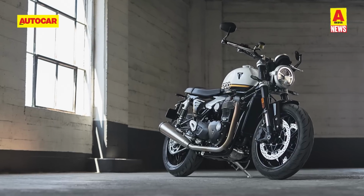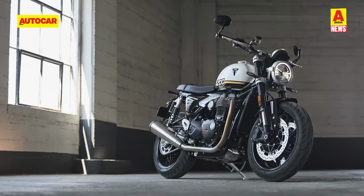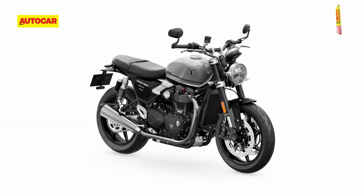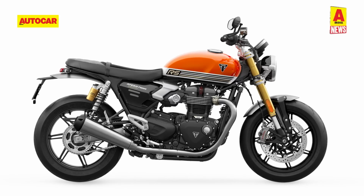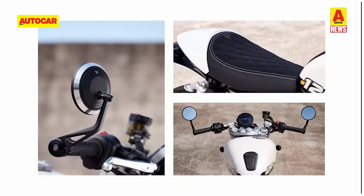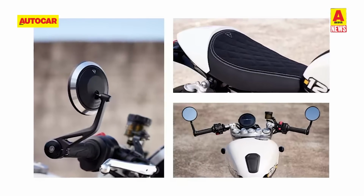The standard Speed Twin 1200 is available in 3 colors, white, red and silver, while the RS variant comes with 2 paint options, black and orange. In typical Triumph fashion, a vast number of factory-supplied optional extras are available, including, for the first time, clip-on bars